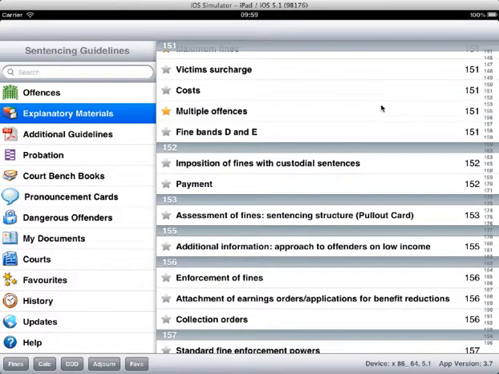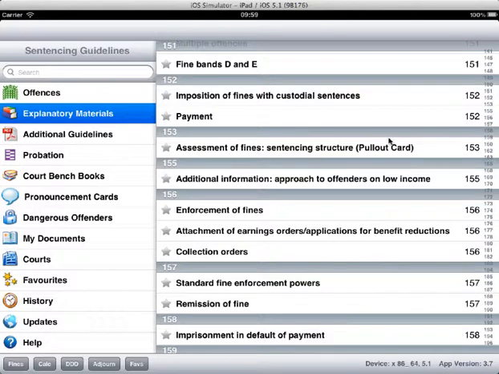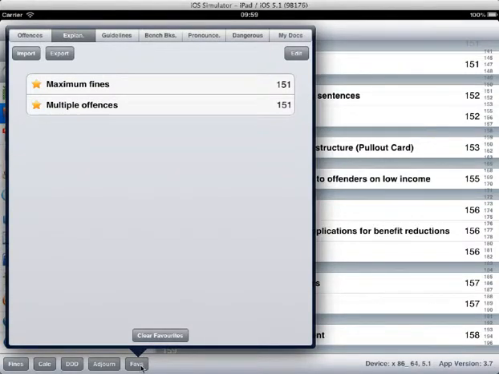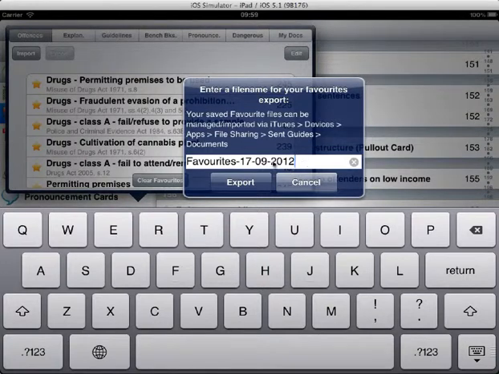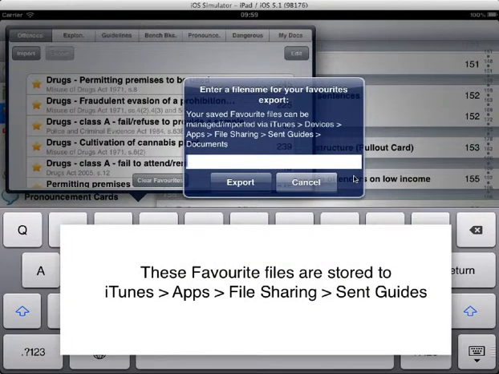So, for instance, we've got a couple of additional items I might want to reference. Those are then available in favourites. And I can then export these to a particular file name for that particular